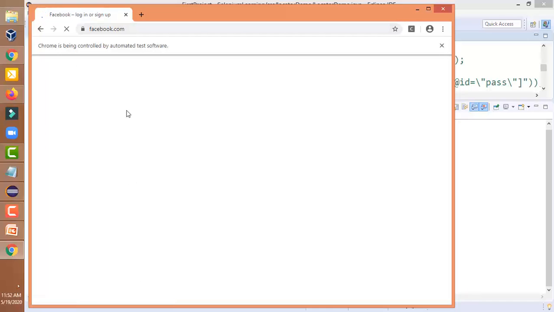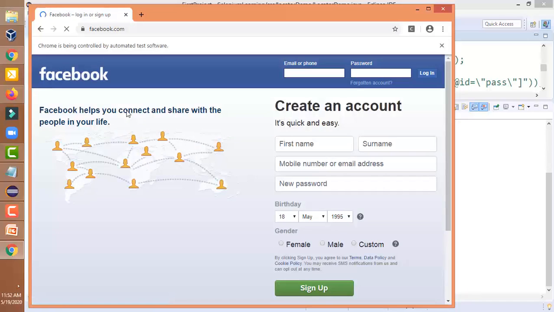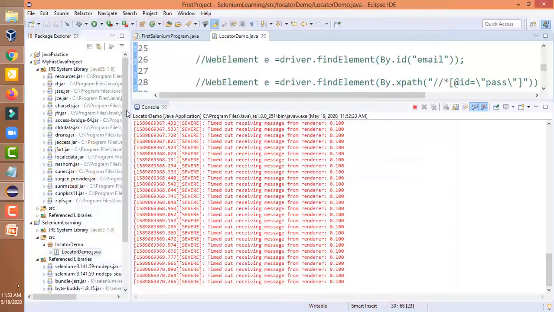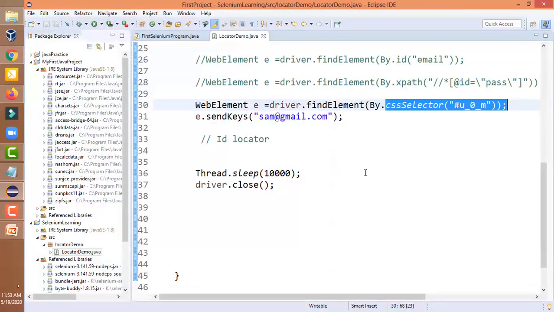It should write that email ID to the name field because we have found the CSS selector for that first name field. So it is our expectation that in first name it will enter that email ID. I will explain why it is entering an email ID. Okay, look at this. It has successfully entered this email ID in the first name field. Let us wait for a moment. Now it is closed.